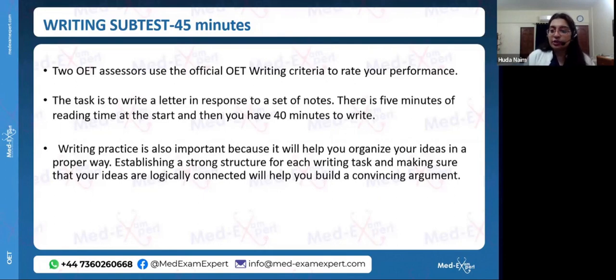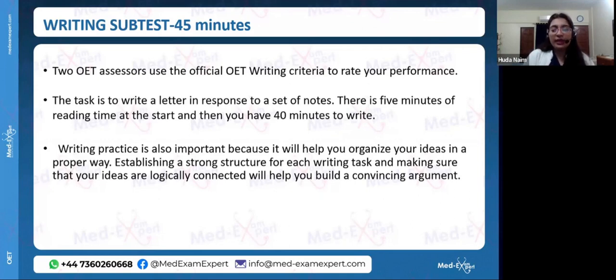Or it could be a discharge letter, where the patient was already admitted in a hospital setup and now you're referring the patient back to the general practitioner. Or maybe the patient was having an emergency situation and you're writing an emergency referral letter. So the key is to read the set of notes provided to you properly. You have 5 minutes before starting. Read the notes properly, and then start writing the letter. Make an assessment of what kind of letter you are planning to write. Are you writing a simple referral letter? A discharge letter? Or an emergency referral letter?